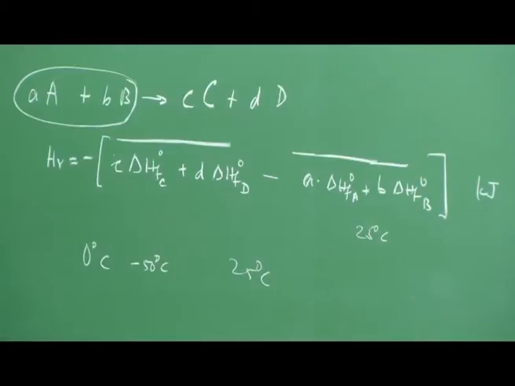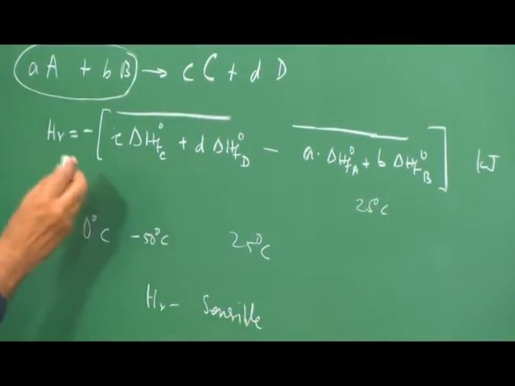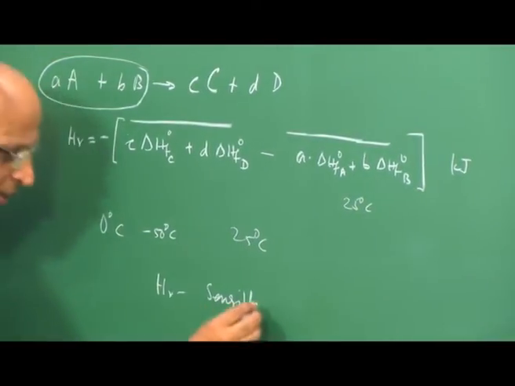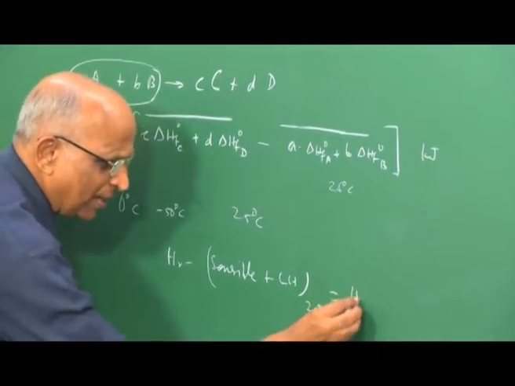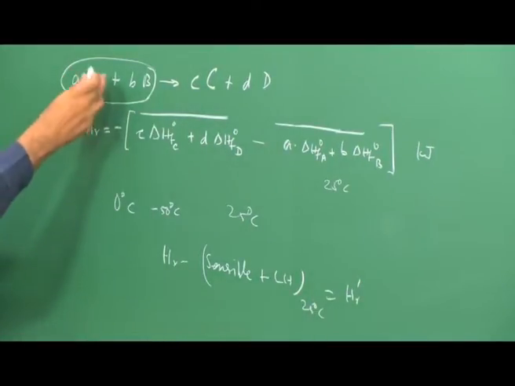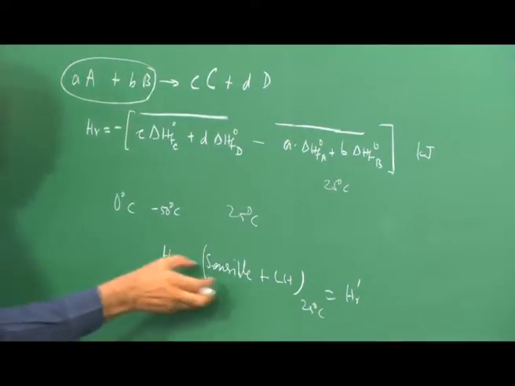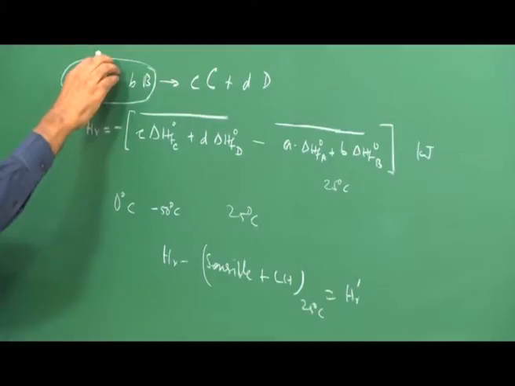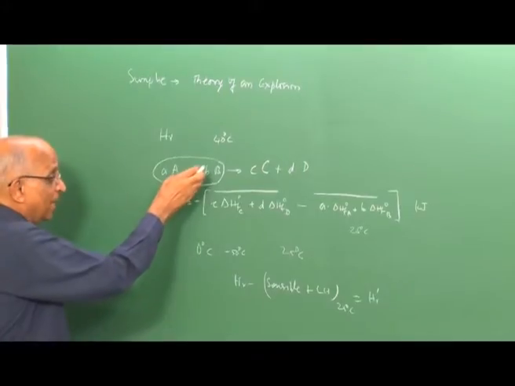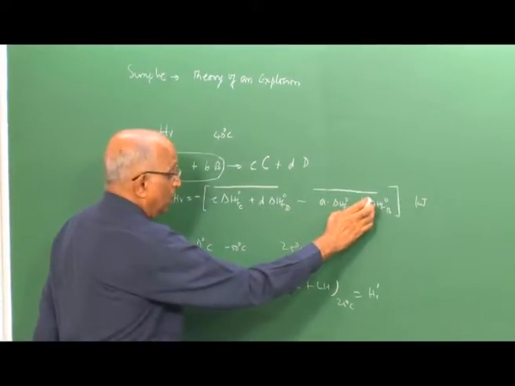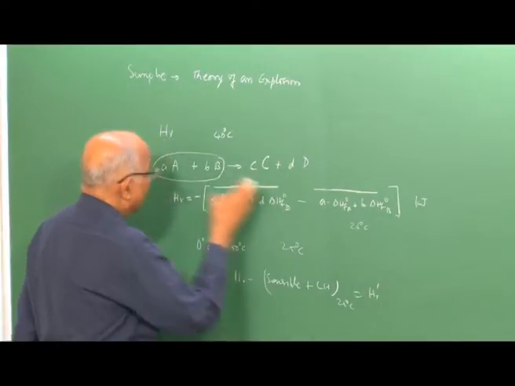then I can use this. Therefore, what really happens is, part of the heat of reaction minus the sensible heat and the latent heat to bring it to standard condition now becomes the heat of the reaction. I think, therefore, this is one way I can still do the problem. If it is at a temperature lower than the standard, I subtract it. If it is higher than this, let us say it is at 40 degrees centigrade, a very warm climate, or 50 degrees centigrade, what happens is some excess heat more than what is available at standard condition is existing,